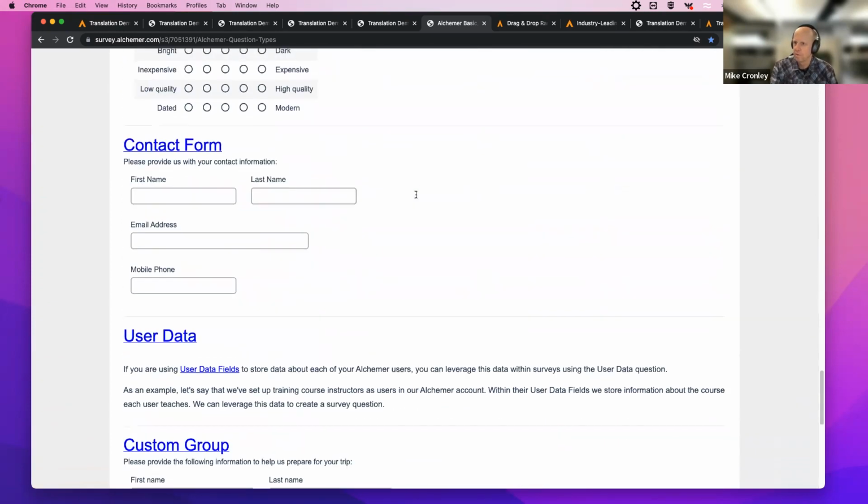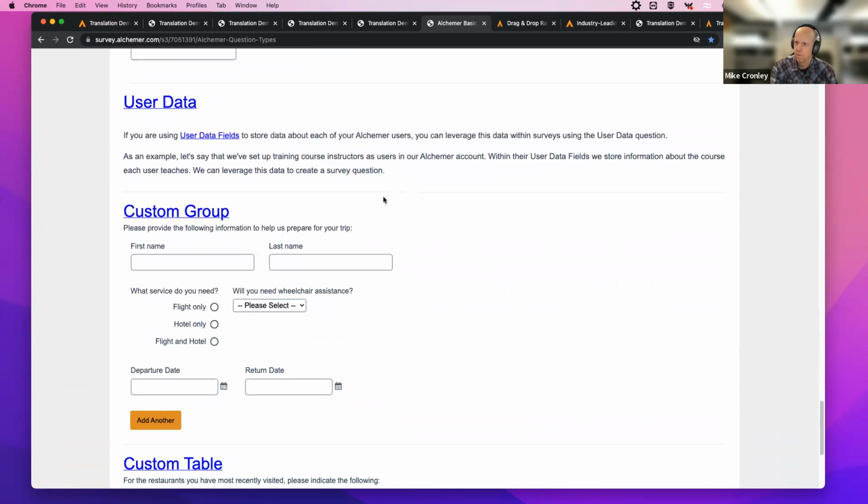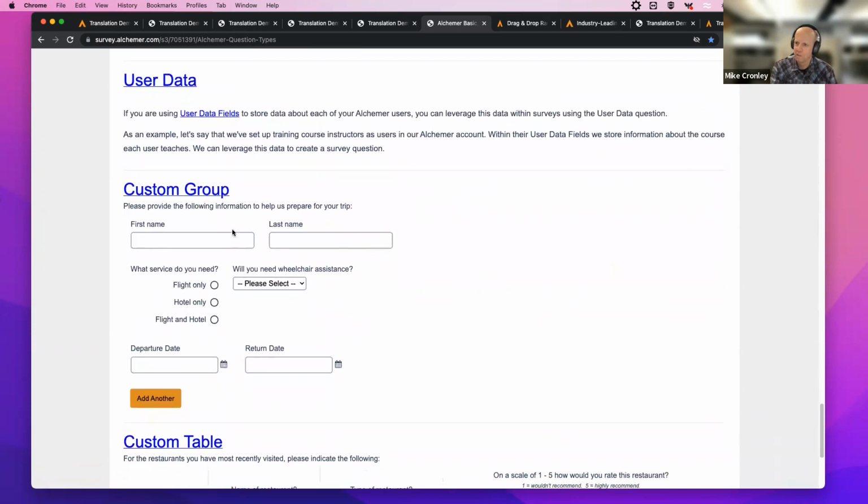I know our time is running a little bit short. One thing I did want to show is this custom group question. Essentially, to me this is really about display for the respondent, because you're taking different question types and you can manipulate the location of how they're displayed in this group effect. So it looks like it's connected. There are no lines in between. You can position it. So it's a lot of questions that could relate to one particular topic, and there's a way to make it look nice for a respondent, from a style perspective.